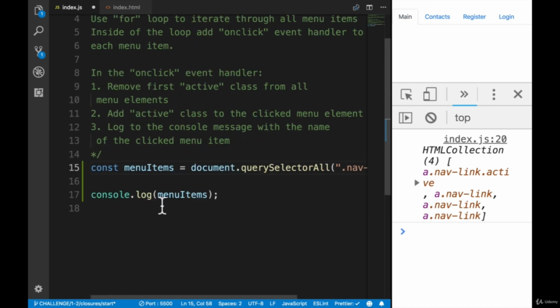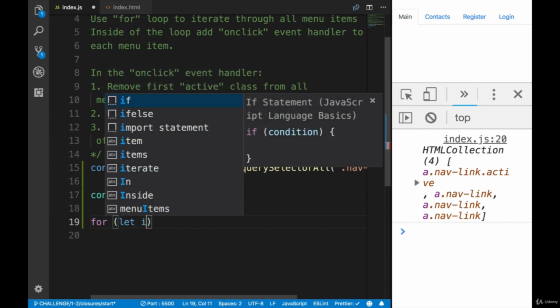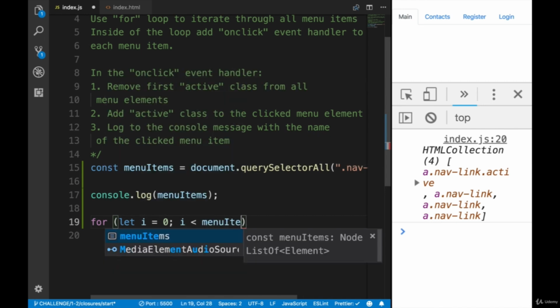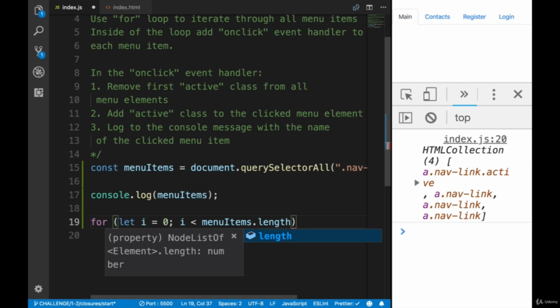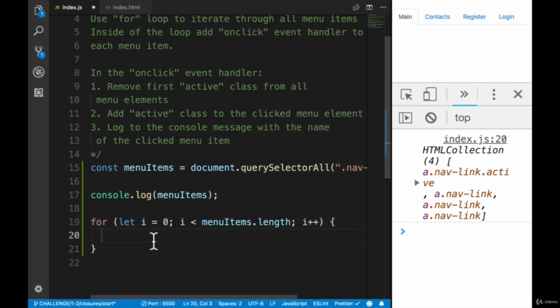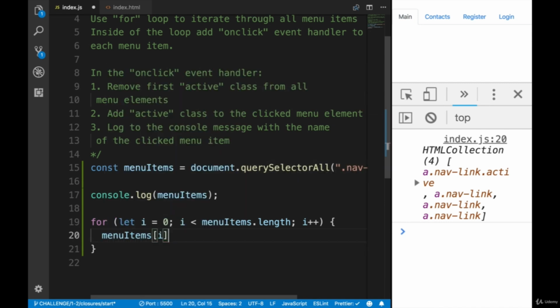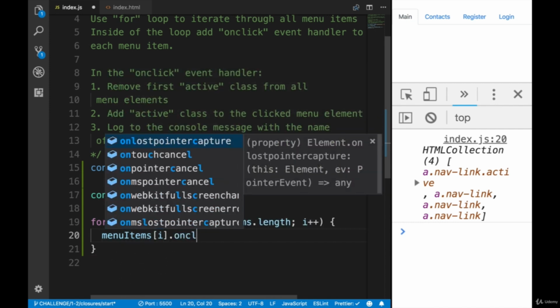Okay, let's move on, and next I'll create a for loop. Inside of the loop, I'll declare variable i: let i equal 0, i less than menuItems.length, i plus plus. And here inside of the block of statements in the for loop, I'll assign an onclick event handler to each menu item. I'll do it in the following way. menuItems, square brackets i, it is a reference to a specific element in the menuItems array,